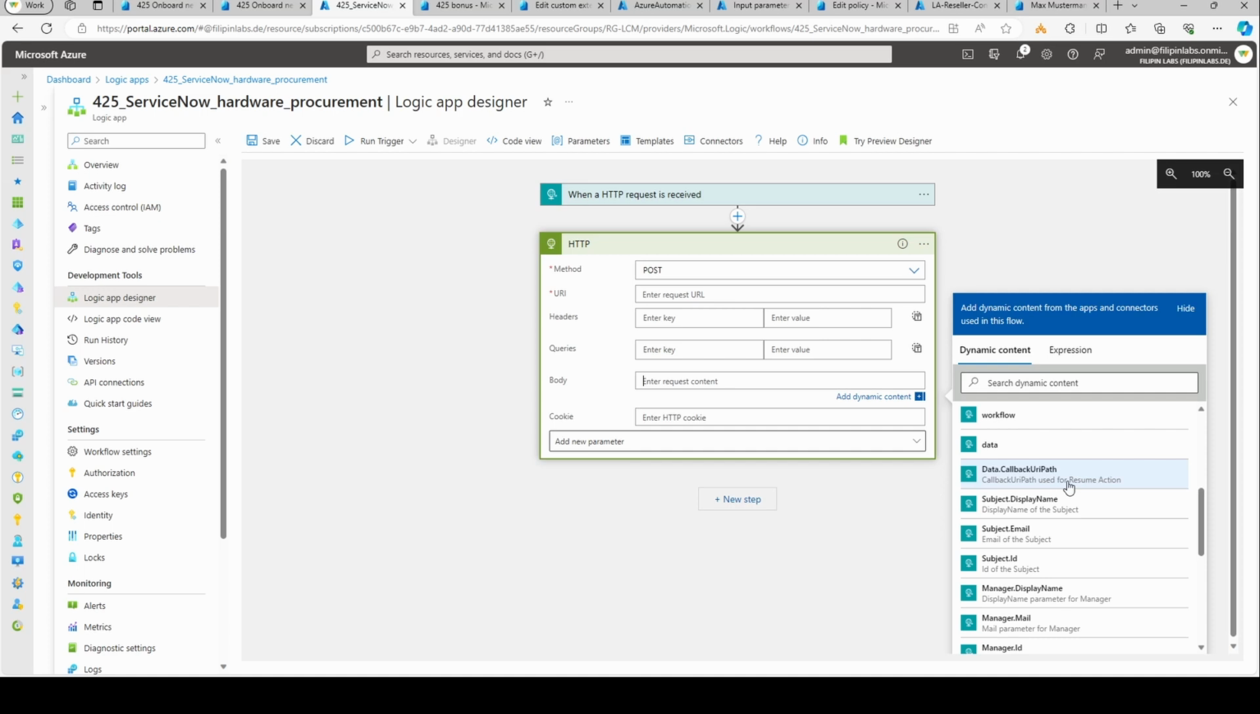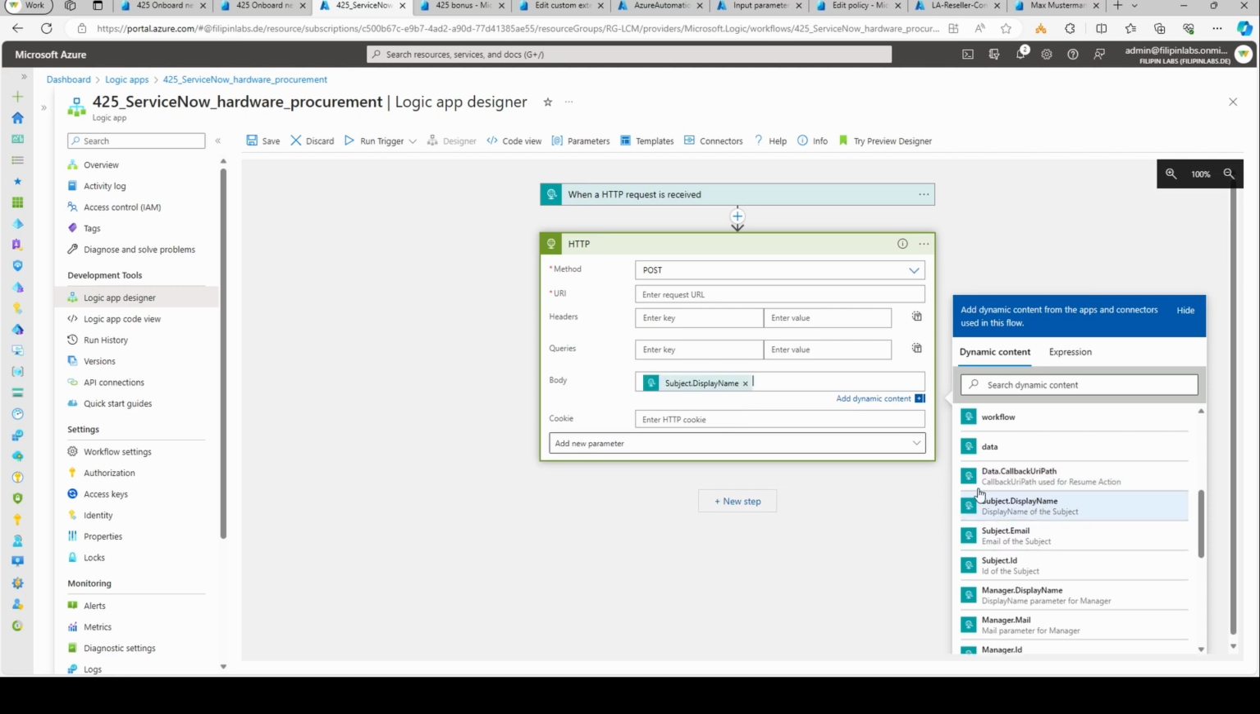So for example, in Lifecycle Workflows, we have a subject, and the subject is the person for which the workflow is running. So in this case, I could go and say, well, I have a subject display name, or I have a subject user ID. And this is information about our